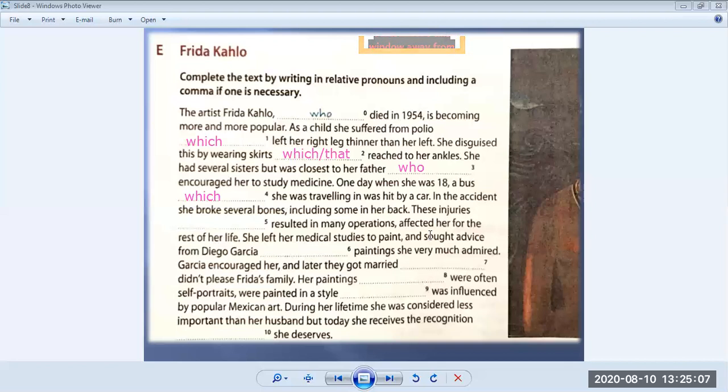In the accident, she broke several bones, including some in her back. These injuries resulted in many operations. These injuries, what is it? Which. Sorry, which resulted in many operations. Affected her